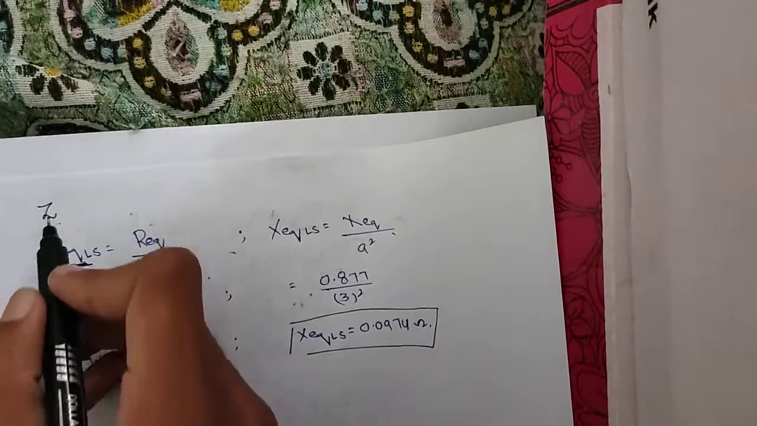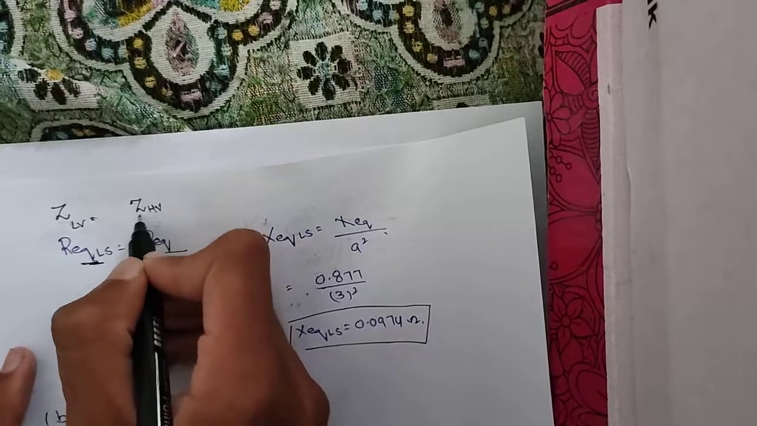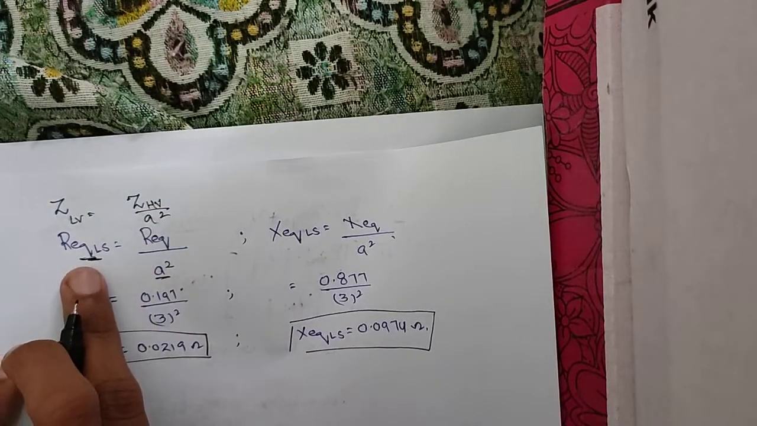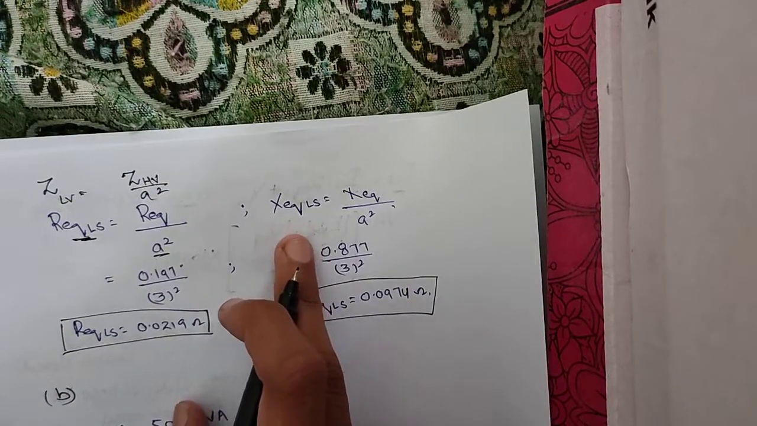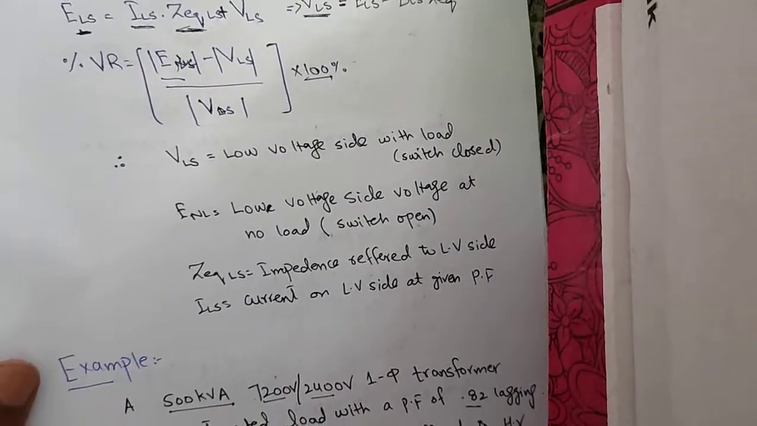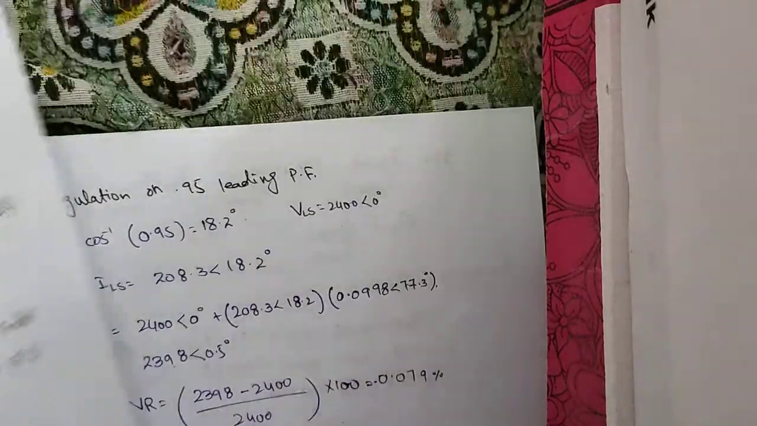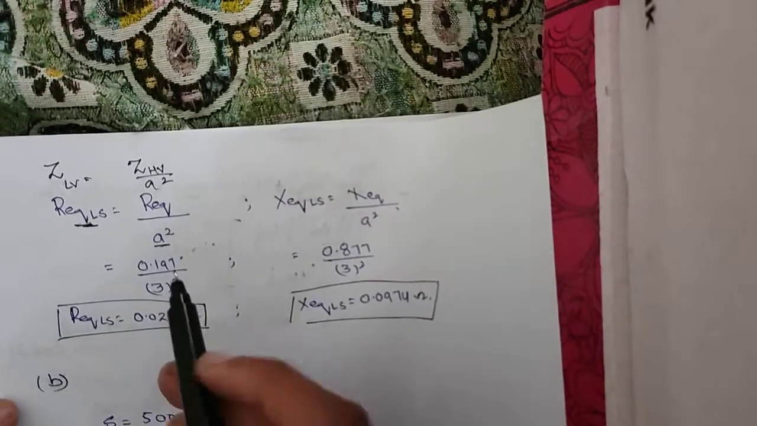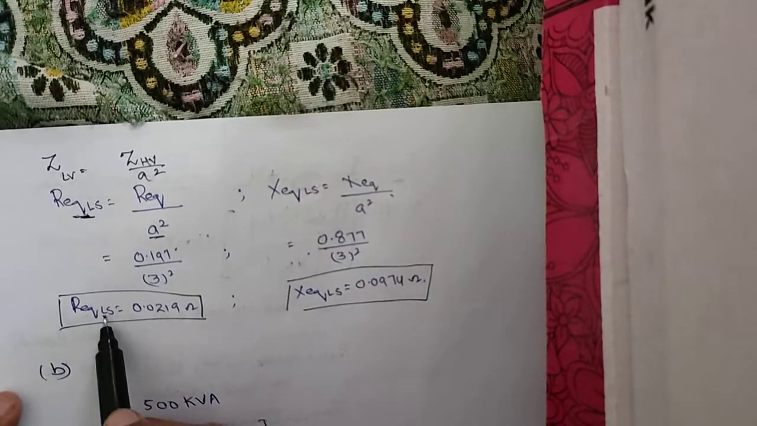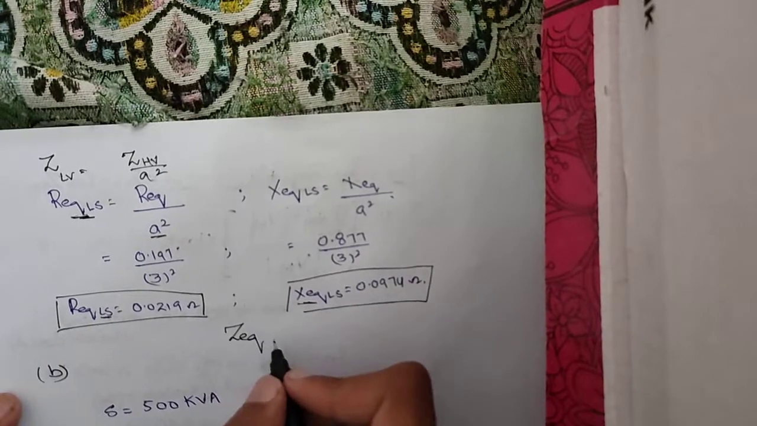Z low voltage side is equal to Z high voltage side divided by A square, where Z comprises two parts, that is resistance and reactance. So we can calculate it separately. We have been given R equivalent as 0.197 and X equivalent as 0.877. Using these values and dividing them with A square, which is the turn ratio square, we get our R equivalent on the low voltage side and X equivalent, or I can write that we get Z equivalent as